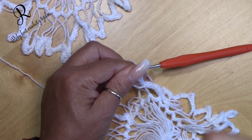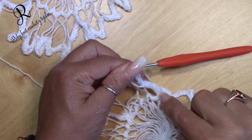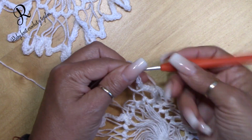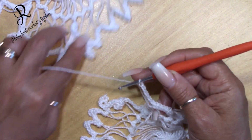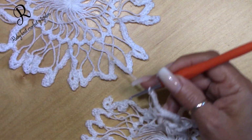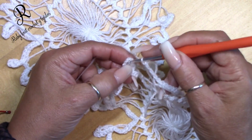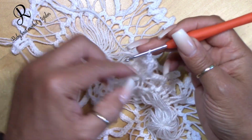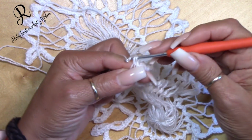Once you decide in which one you're gonna start attaching one to another, you will do your 8 single crochet and then your 4 single crochet on the other side at the loop. And when you're gonna do the chain 3, you will chain 1. You're gonna come to one of these chain 3 spaces, and remember right side up. You're gonna do a single crochet, chain 1, and you're gonna do in that loop your other 4 single crochet,